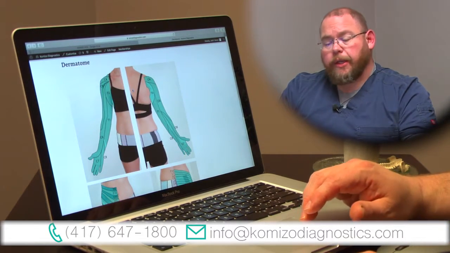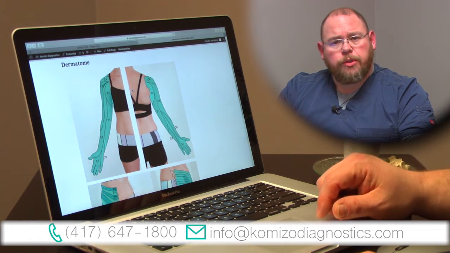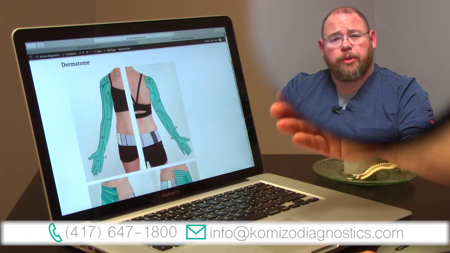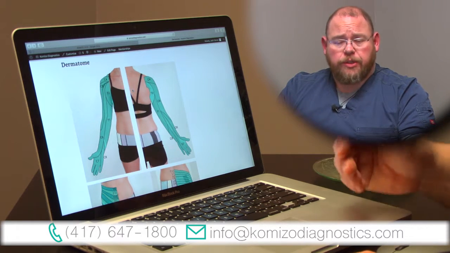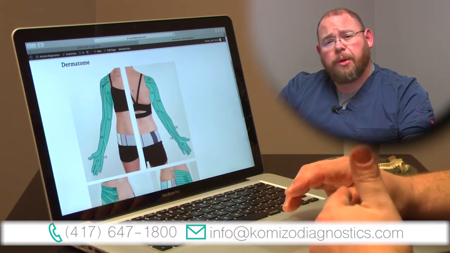If you have a patient or client that has numbness or tingling, you can also utilize the dermatome tab. The dermatome tab allows you to educate your patient or client about the sensation change, such as numbness or tingling, and you can actually show them, based upon the upper and lower extremity, where it comes from at the nerve level